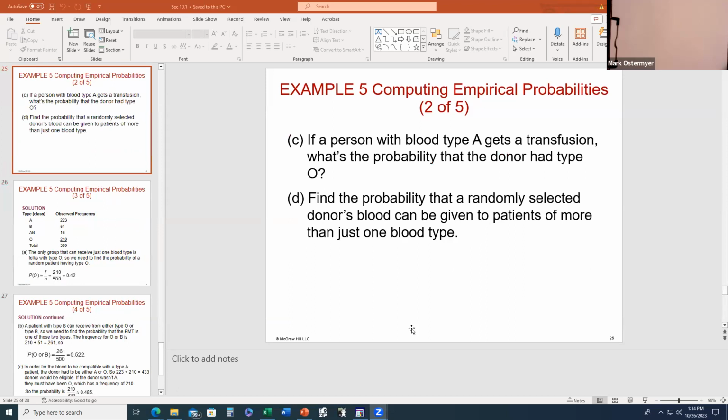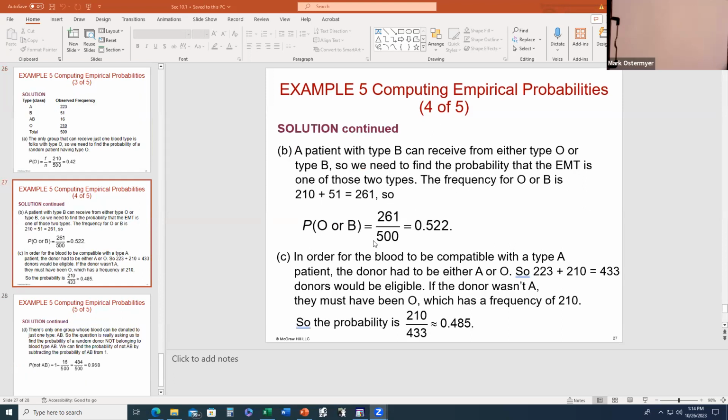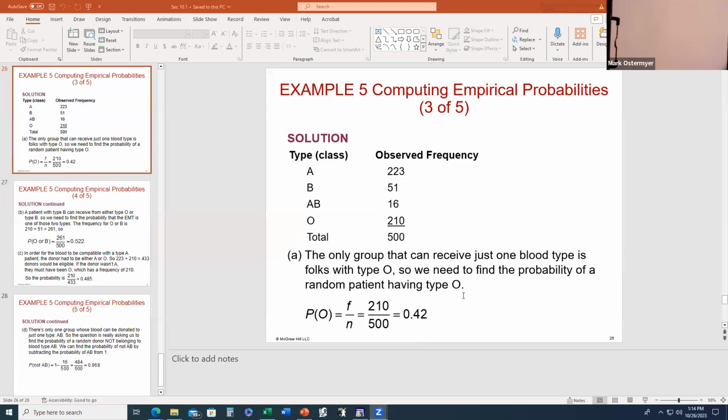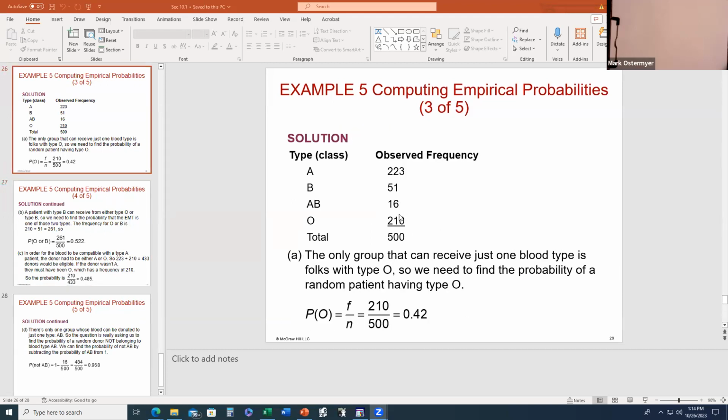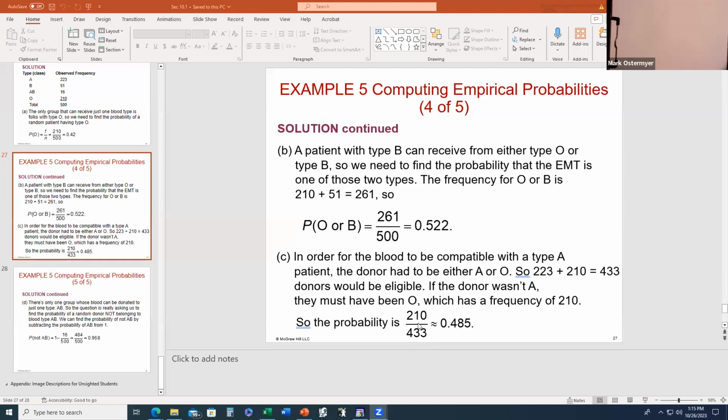What was the question we're being asked here? If a person with blood type A gets a transfusion, what's the probability the donor had type O? Okay, I'm sorry. They want to know the probability that a person randomly selected has type O blood. Well, we didn't even have to go through all of this. We know that there's 210 out of 500 people that have type O blood. So all we had to do is just take 210 divided by,